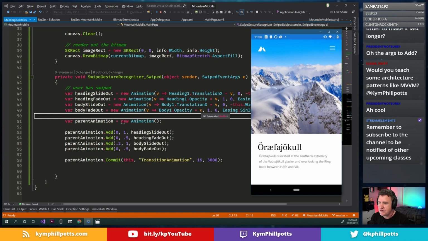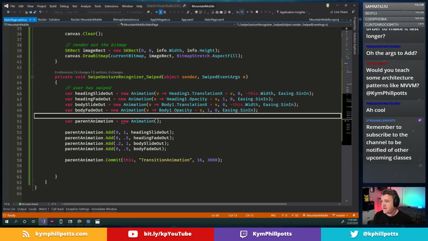Now it's slower as it goes across there. In fact, it's taken 3 seconds to do it. If I do it again. Now, interestingly, if I keep on swiping, it's basically restarting the animation. So it depends on what you're going to do in your application. But if you wanted to see if an animation's running,